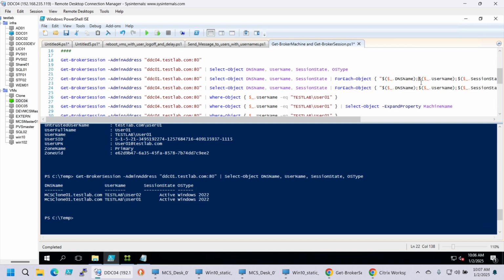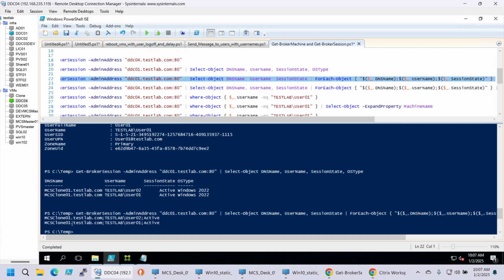a delimiter. So I've selected this as a delimiter, and if we execute the command now like this, we will have this delimiter, and then you can import this into an Excel file, and you can just split the columns with this delimiter. So this is very useful to create reports